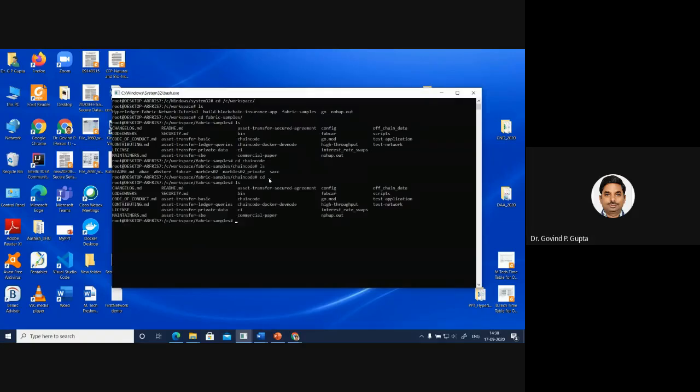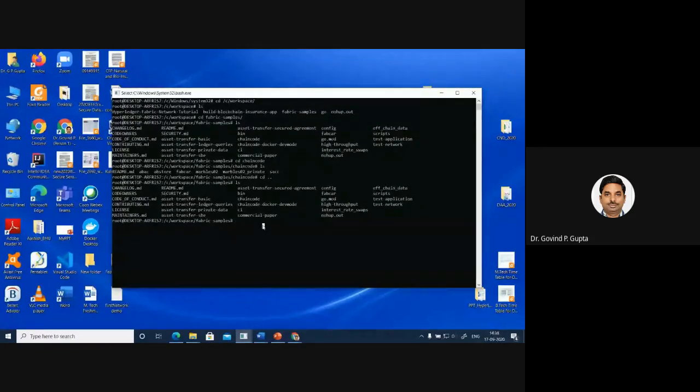By default, if you are not setting any chain code and you are going to deploy the chain code, Fabric version 2.2 uses a chain code named asset transfer basic. Simply, if you want to transfer some asset from one peer to another peer, what are the rules? These rules are set up in the asset transfer basic.